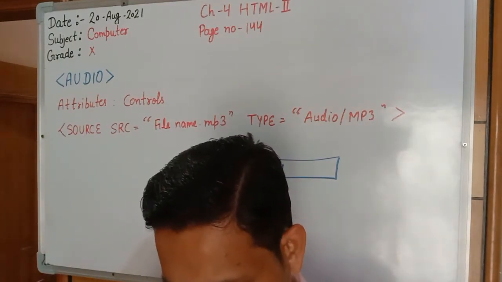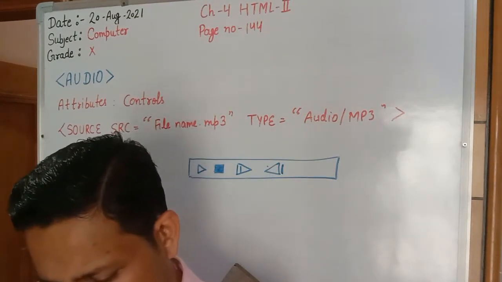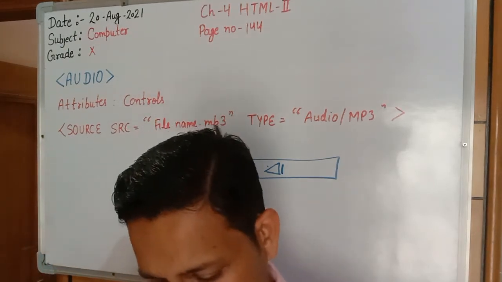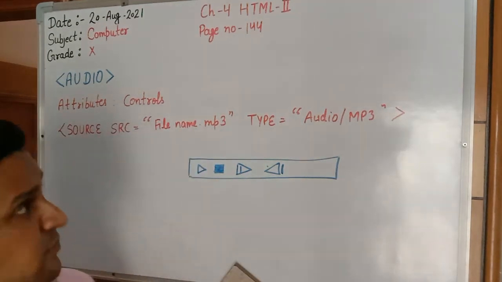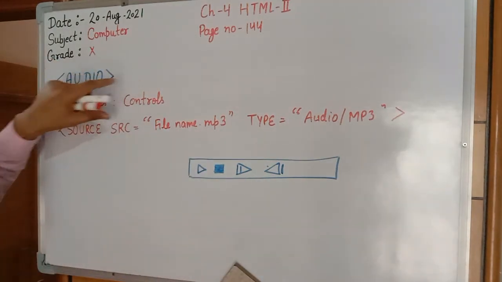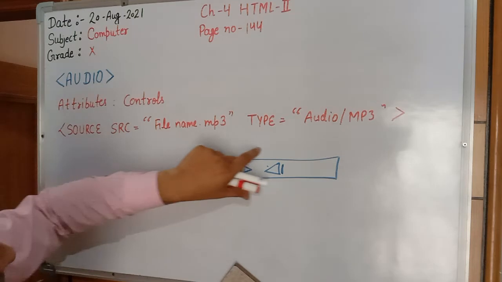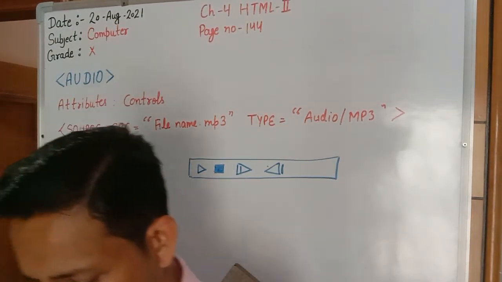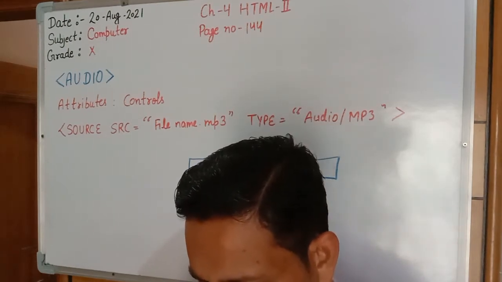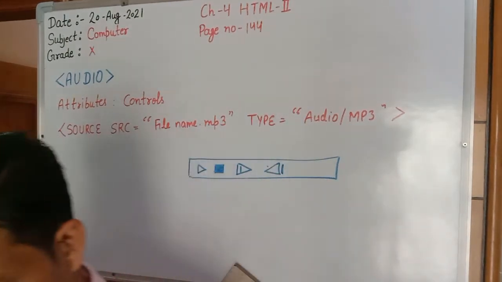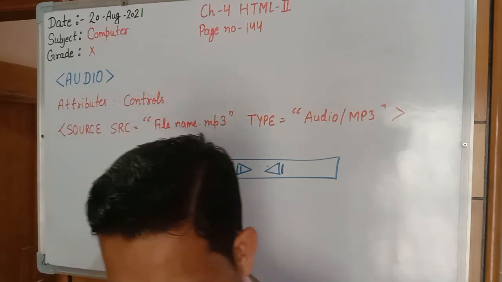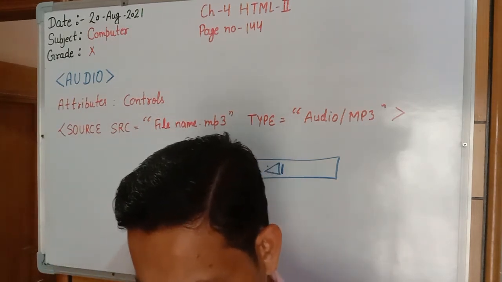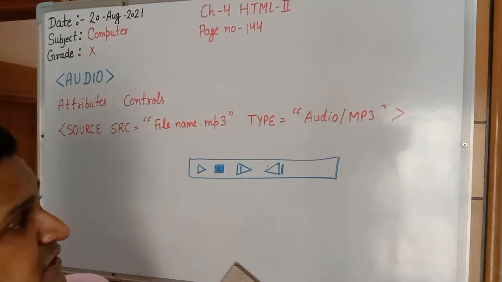From the body tag, see that they have made one heading, embedding an audio file. Afterward, audio controls is used. When we write audio controls, it will generate this specific bar. Afterward in source they have taken src equal to audio.mp3. Audio is the name of the file, mp3 is the extension. So in type we will write that the file type is audio and the extension is /mp3.